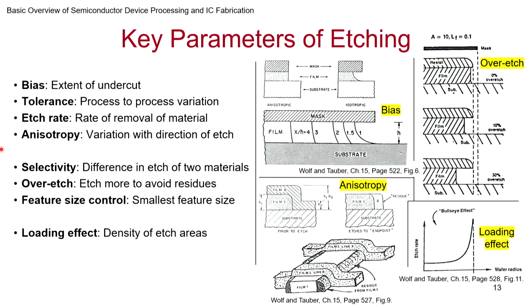Then there is something called the loading effect. This is especially true when you are talking about VLSI processing. You may have a full wafer, and if the density of etch in one region is different from another region, the loading effect is different in the two regions. So the rate at which the etching will happen may be different. Or in one wafer, the amount of etching to be done was something, in another wafer it was different. It may affect, so you'll have to account for this. And sometimes even in the same wafer, if the wafer size is made bigger, it etches only in the center. Okay, if I'm not wrong, something called the bullseye effect, because it looks like a bullseye center. So you have to watch out for this.